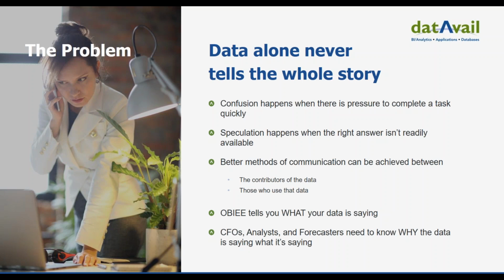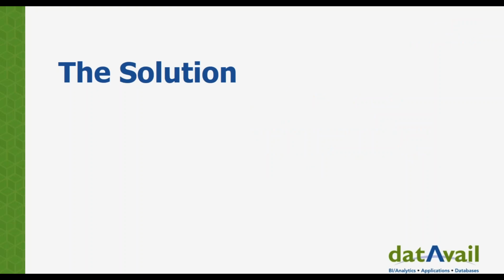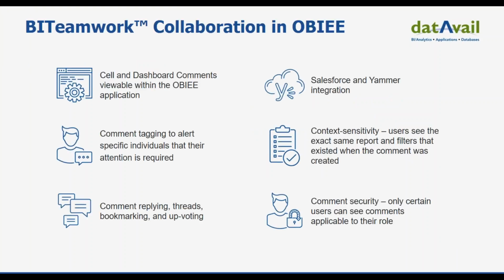Now, a lot of companies use OBIEE as their primary business intelligence tool. And OBIEE is a great tool for sharing what your data is saying. But often the CFO, the analyst, or the forecasters need to know why the data is saying what it's saying, creating a need for efficient, accurate collaboration, which can reduce confusion and speculation to a minimum. And BI Teamwork